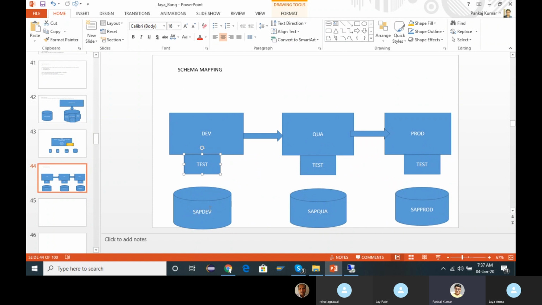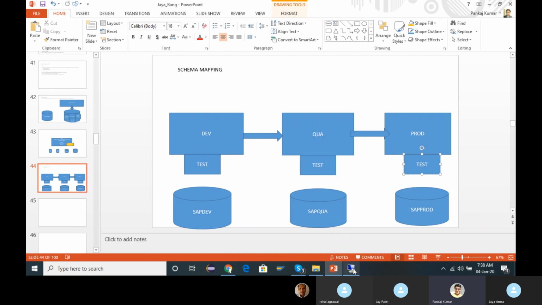You are not just moving objects; you have the database abstraction interface, the application layer, and this alias name. So instead of SAP development, it will use test as the schema. Instead of SAP quality, it will use test as the schema. Instead of SAP production, it will use test as the schema over here.